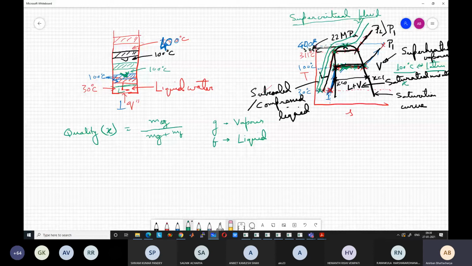If I compare a case of 1 atmospheric pressure and 100 atmospheric pressure at the same temperature, then the entropy is lower. But because your temperature itself is higher, this was 100 degrees centigrade, and you are now at 311 degrees centigrade, and entropy increases with temperature. So at a higher temperature, you will have higher entropy.